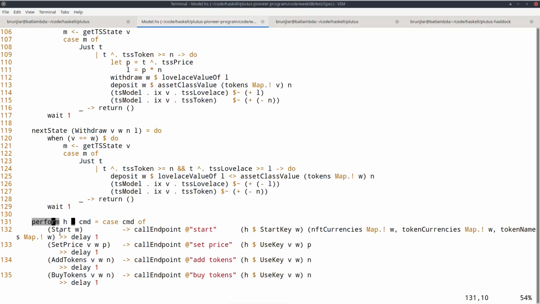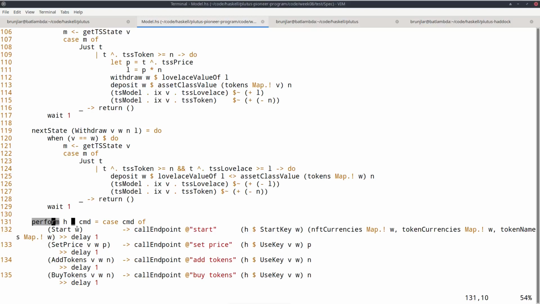So we make a pattern match, or case distinction, on the command. So if it's start W, that means the action is starting the start contract for wallet W. And now this is the link. So this is now actual emulator code. So how would this action manifest itself in the emulator?